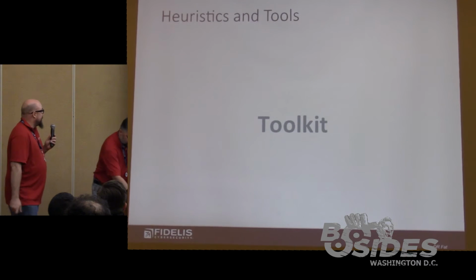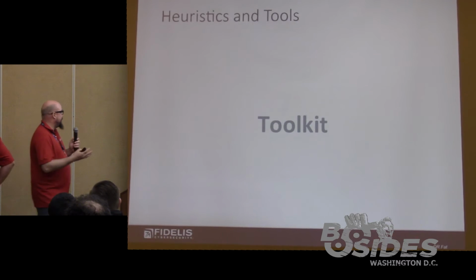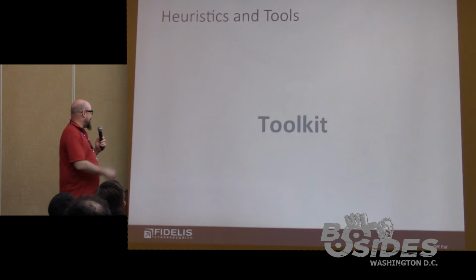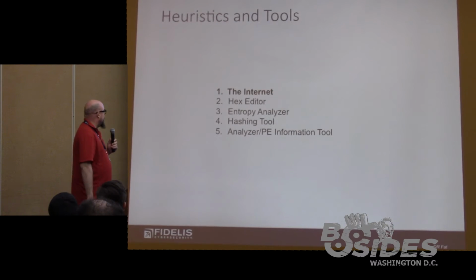All right. So, you're actually actively going up to Nana's system. She's got something on her computer. You've gone through the locations, and you're not sure about files. So what do you do? Well, as a detective, you're going to collect clues, you need a toolkit. You need some way to get the information so you can process it and then make a determination. So the first thing you want to have in your toolkit is the internet.